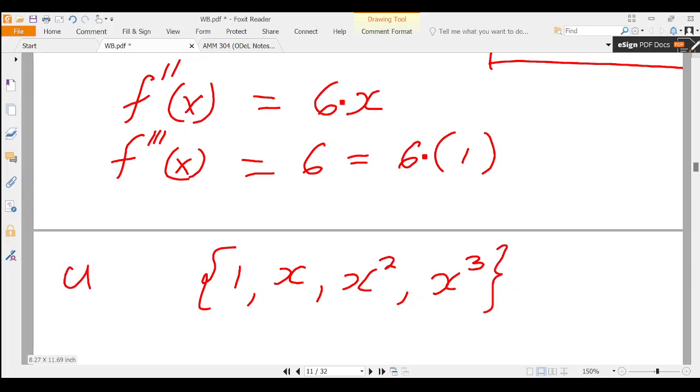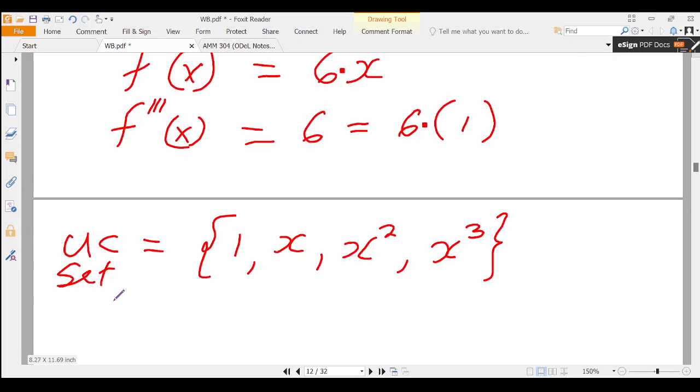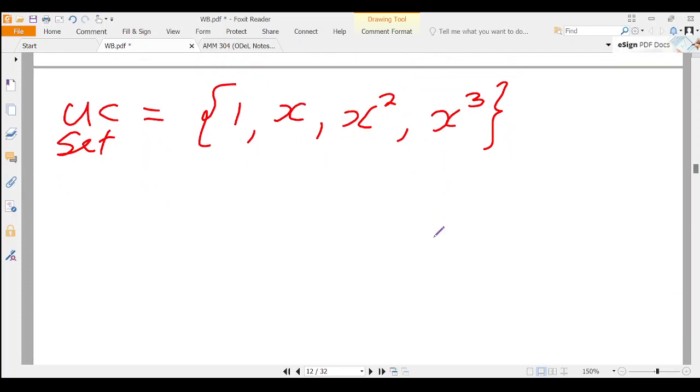Now this set consisting of this function, we call it the UC set. The set consisting of the function itself together with other UC functions arising by differentiating the given UC function. If we have a function, say g of x is equals to sine of 2x,